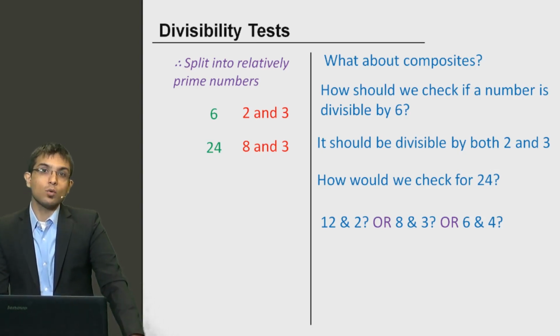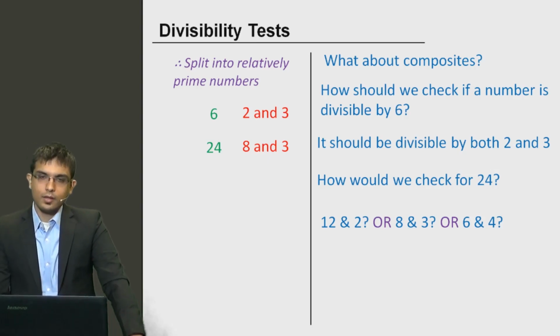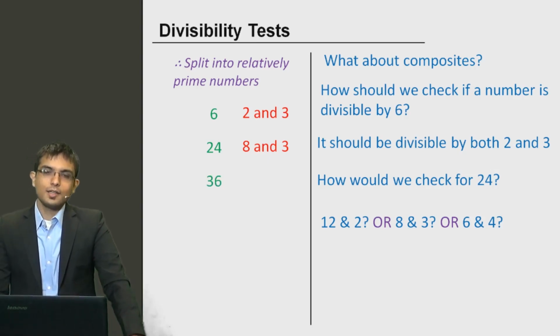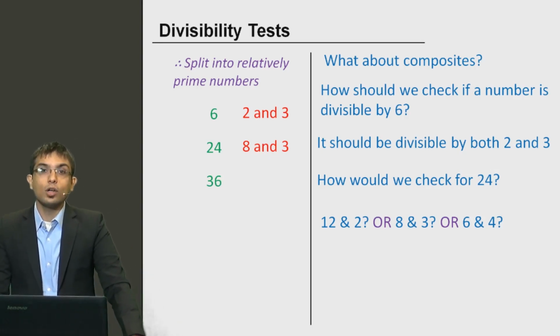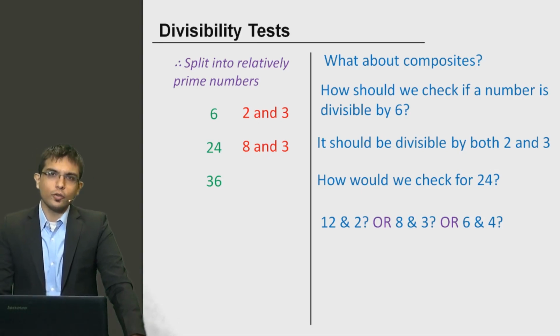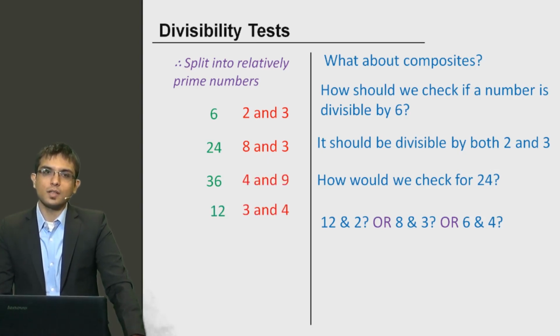If you want to understand what are co-prime numbers, you can see the video in the link given. If you want to check 36, so again 36 बहुत सारे तरीके से बनता है, but you need to find out two co-prime numbers whose multiplication is 36, या तो फिर दो ऐसे नंबर जिनका LCM 36 निकलता हो. So answer is 9 and 4. If you talk about 12, that becomes 3 and 4. So you don't have a rule for 12.